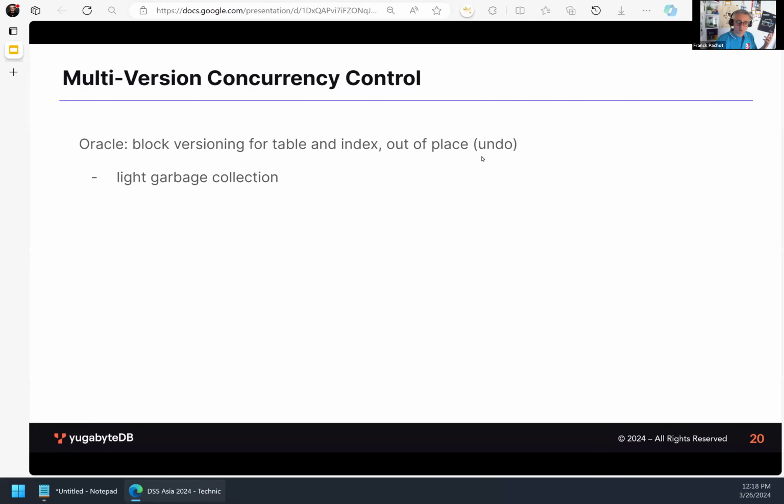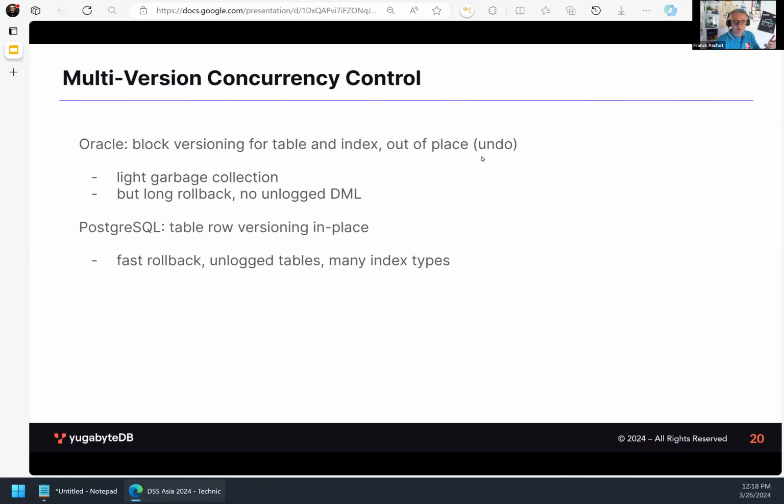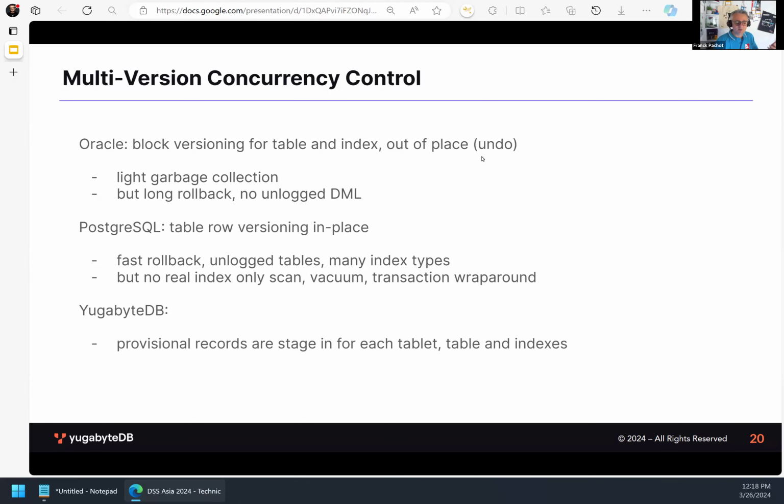I mentioned it quickly, the multi-version concurrency control. We don't have the same problem as Oracle, very long rollback, if you have very long transactions. We don't have the same problem as Postgres, all those vacuum problems. In Yugabyte, all the index entries and table rows are versioned with timestamps, so